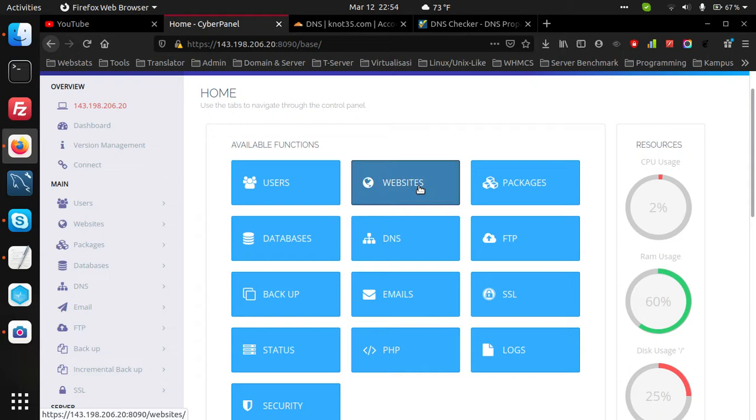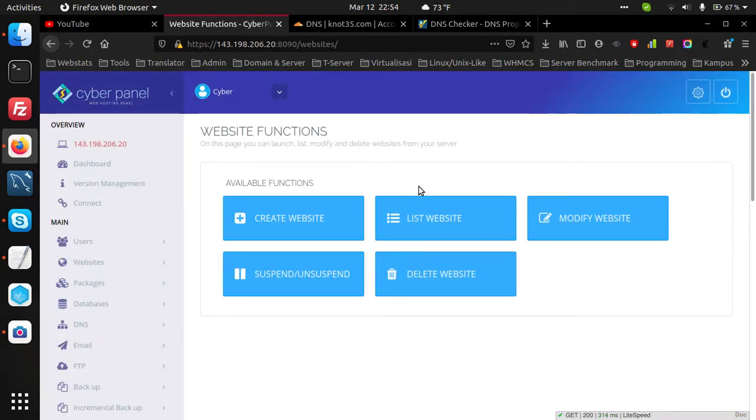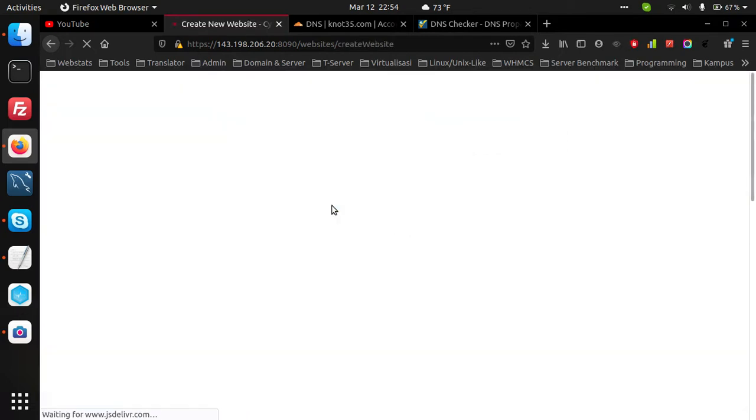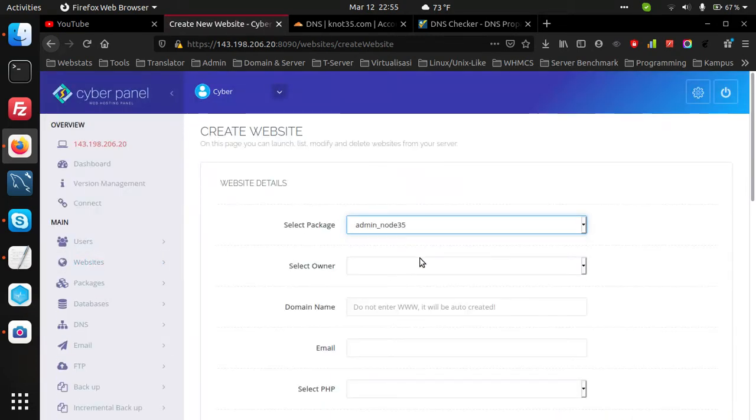Then click website, create website. Then select package and owner, domain name.